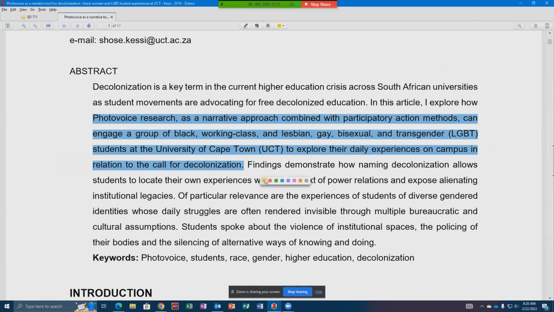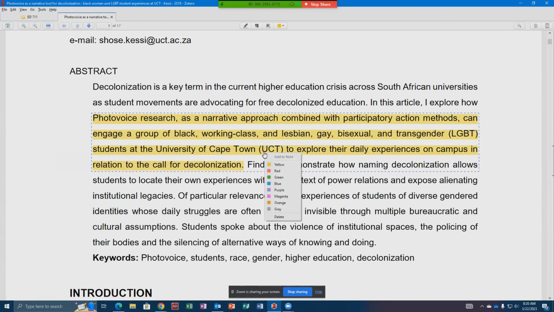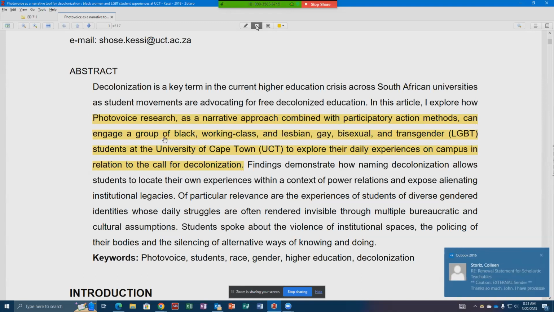I can color code it. I can come up here and add a note. And say,